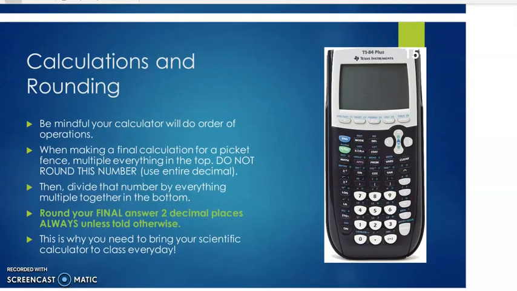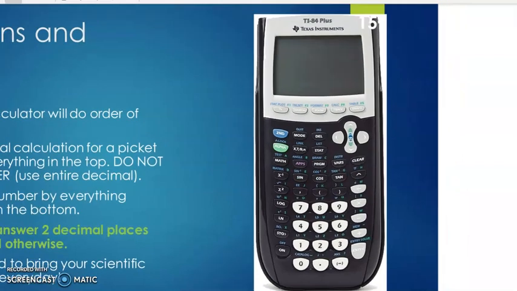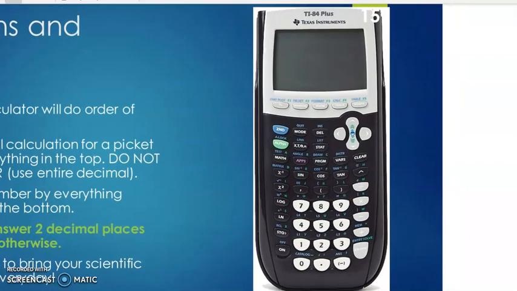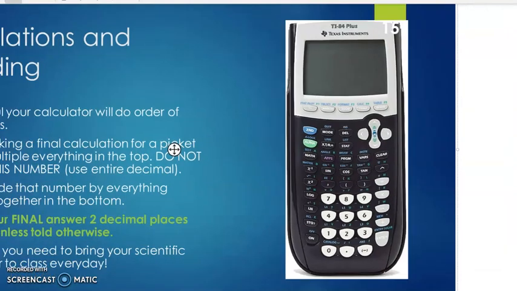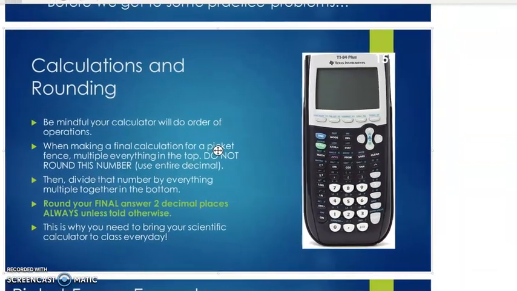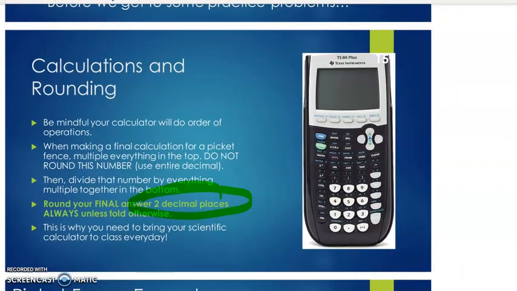And with your calculator, please make sure you have a calculator. Having one of these is great. You're going to need one of these next year for chemistry anyway. Please bring your calculator. If you're in a pinch and we're doing stuff in class, you can use the calculator on your computer. However, I just recommend getting one of these. It's so much easier. And kind of our rule of thumb is just round 2 decimal places, so 2 places